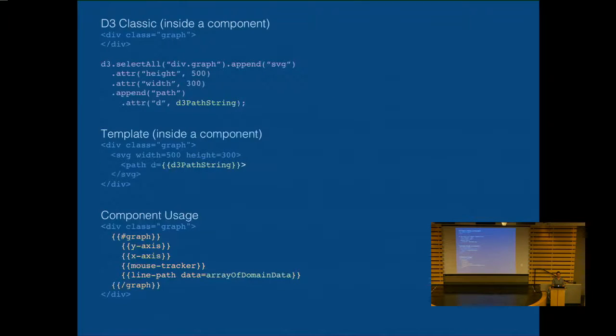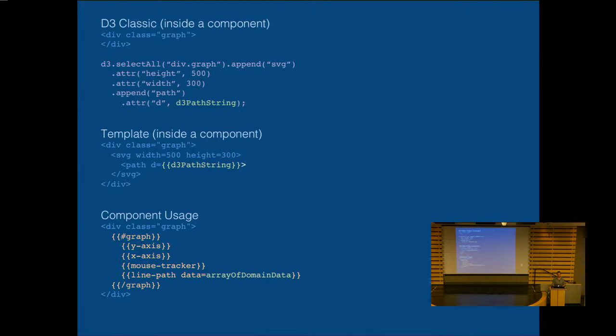This is very basically what templates might look like. So we have D3 Classic at the top, which is using D3 outright, where you're doing all the DOM manipulation with D3. You're telling it to insert an SVG document, append circles or rectangles to it, whatever, or a path. The second one would be inside of a template. So here we have